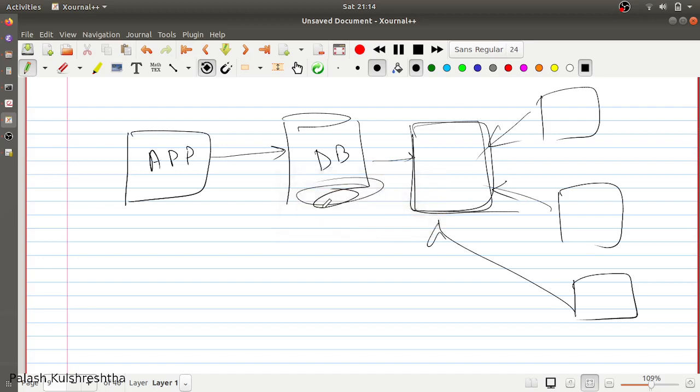Now the materialized view pattern is not suitable in cases where you want high consistency. Views are going to be eventually consistent, so highly consistent applications should avoid using views. And when you have very simple databases or very simple applications, you should avoid using views because it is going to add extra complexity and extra cost, because storing views is going to add cost to your infrastructure. And this is the materialized view pattern.